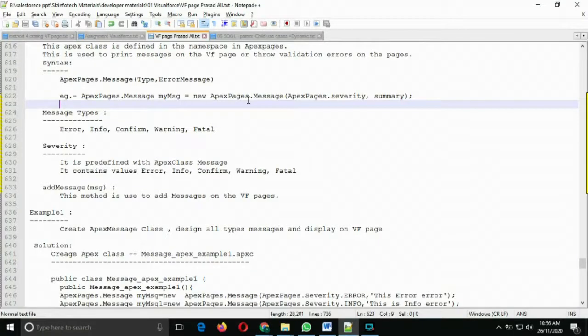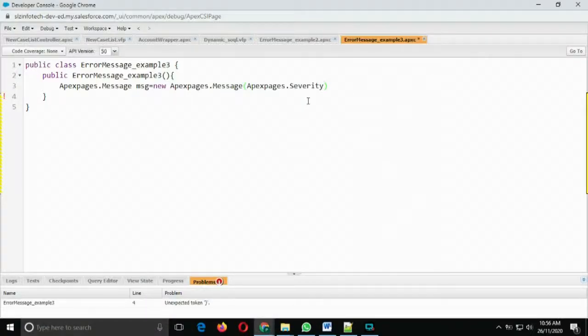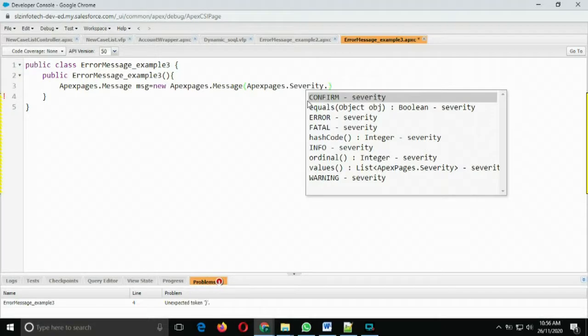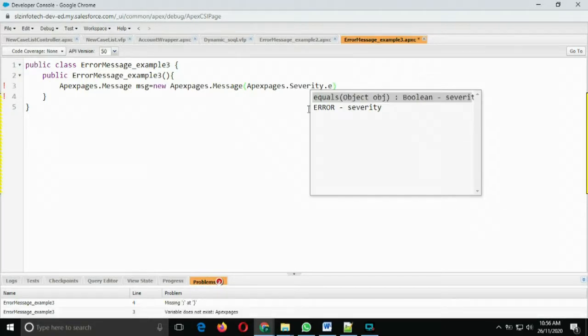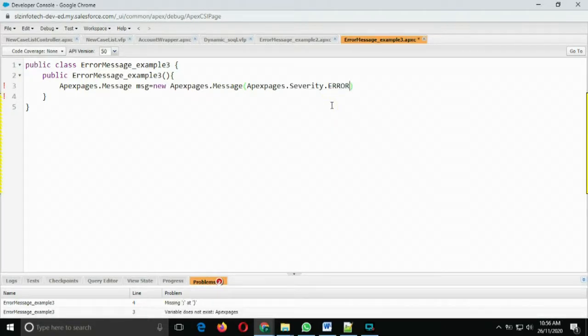So we have to remember Apex pages dot severity dot error, whichever kind of error type I want to display to the users, and the summary, the error summary.